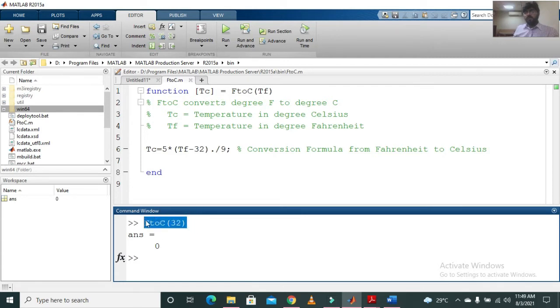So we can use a user defined function similarly to the built-in functions. This is how you can avoid repetitive work of defining complex calculations over and over again. You can simply make a function file, use that file and just enter the input arguments. It will act like a built-in function of MATLAB, but it will not be a built-in function. It is the function that you have made in your MATLAB.